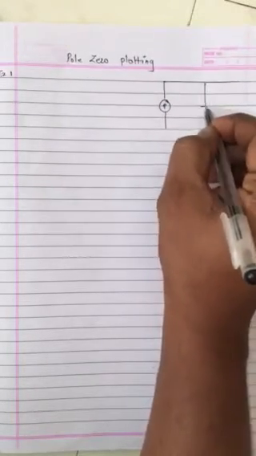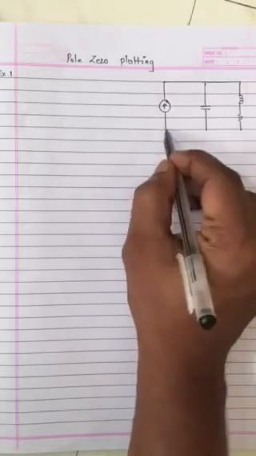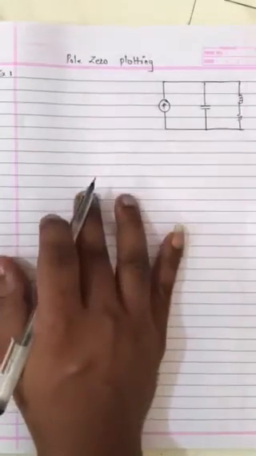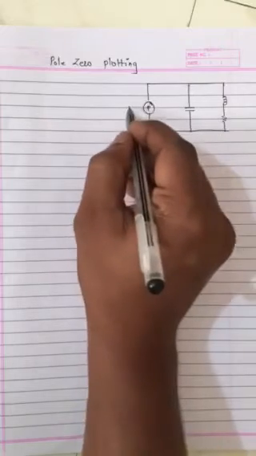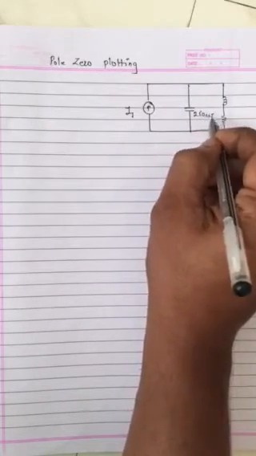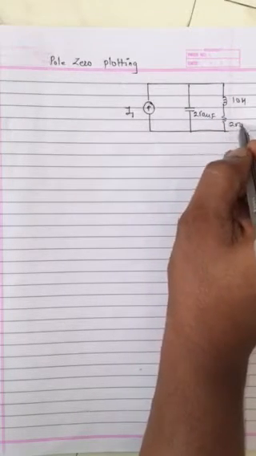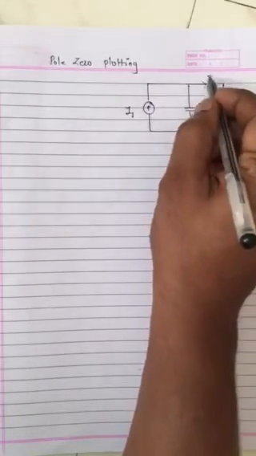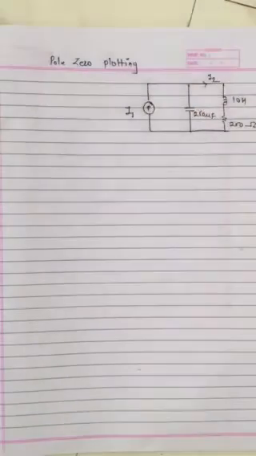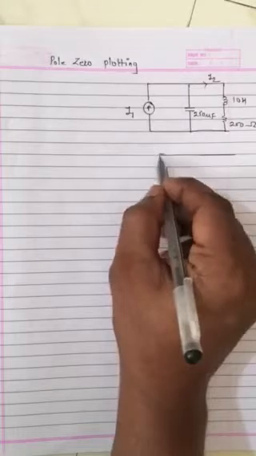So there is a network having one capacitor in parallel with a series combination of resistance and inductor. This current is I1, value is not given. This is 250 microfarad, the inductor is 10 Henry and the resistance is 200 ohm. Current here is I2. So the very first step is to convert it into the frequency domain. How will it be converted?